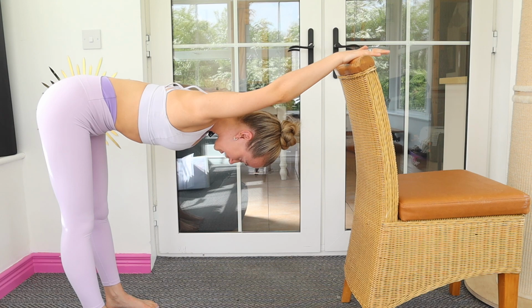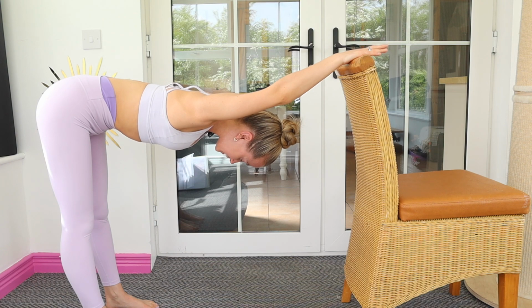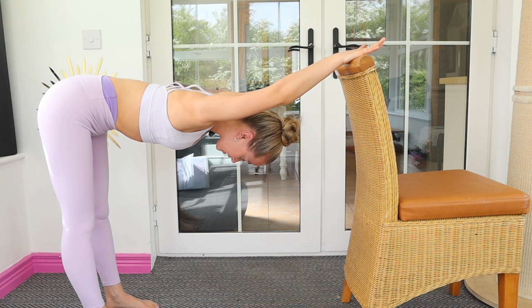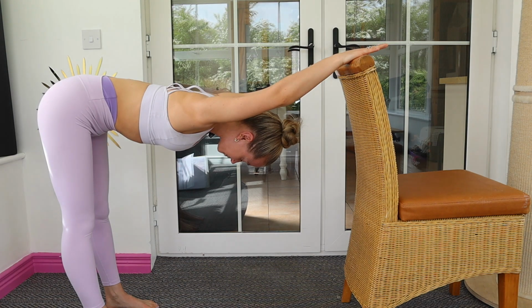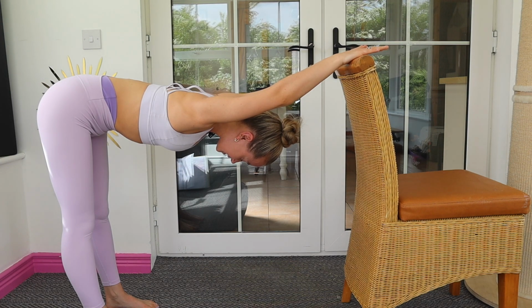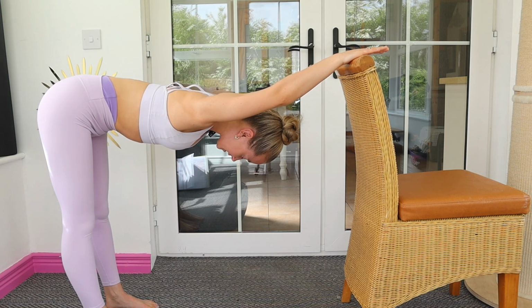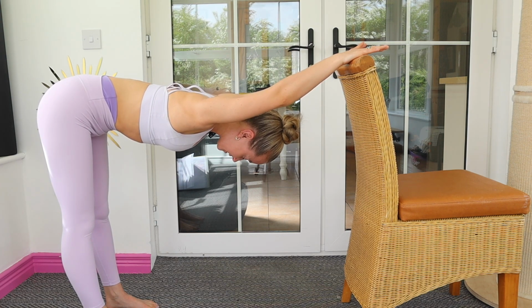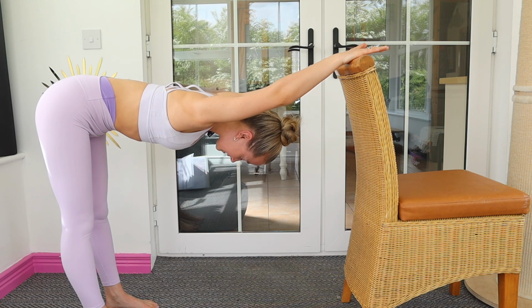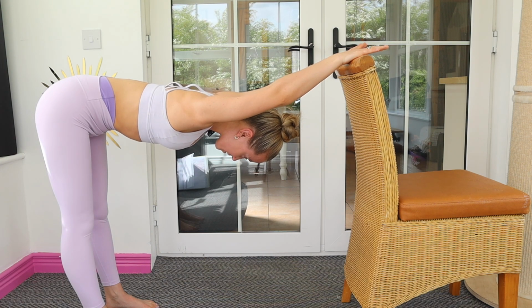Let the head hang. Maintain that organization from the legs up into the hips. And we're going to hold for 30, 29, 28, 27. Keep breathing. 25, 24, 23. Stretch the fingers forward. 22, 20, 19, 18, 17, 16, 15, equal with the feet, 13, 12, 11, 10, 9, 8, 7, 6, 5, 4,